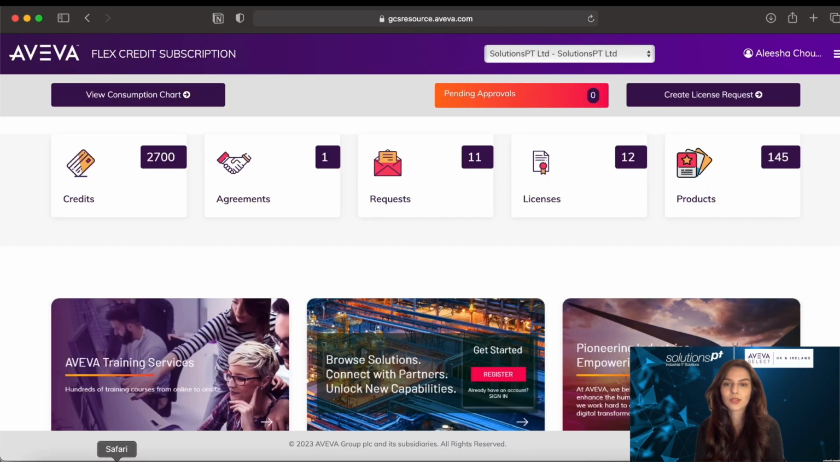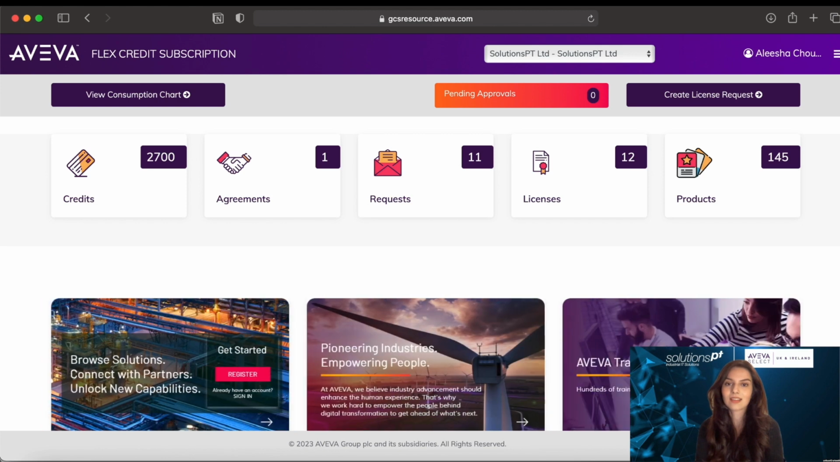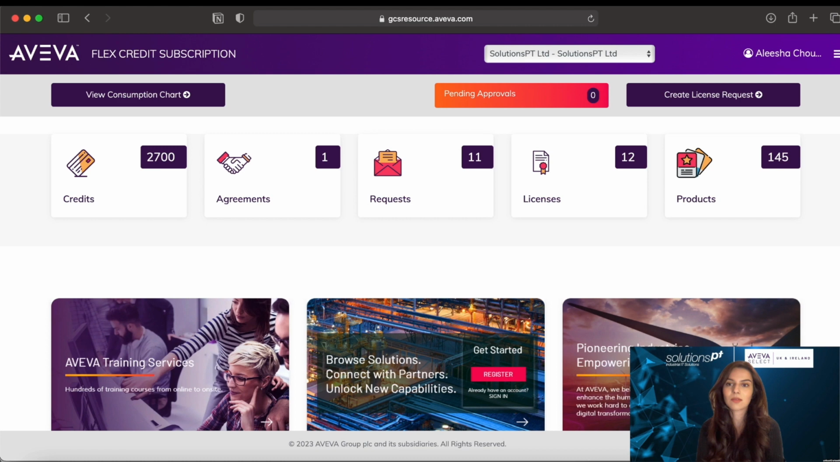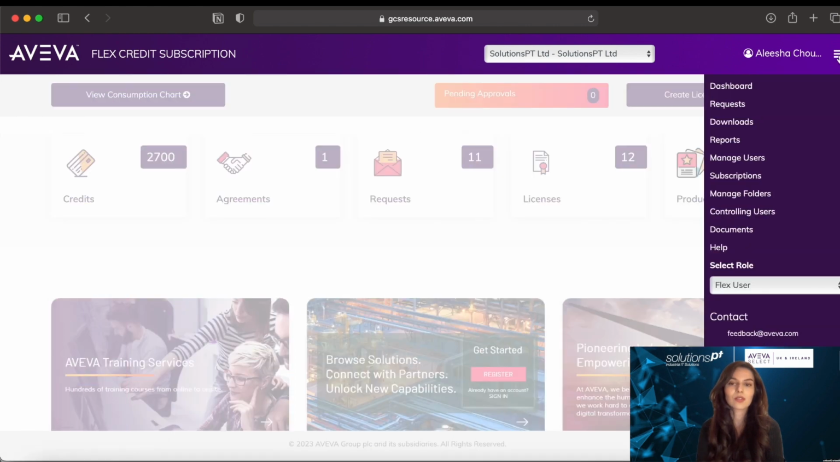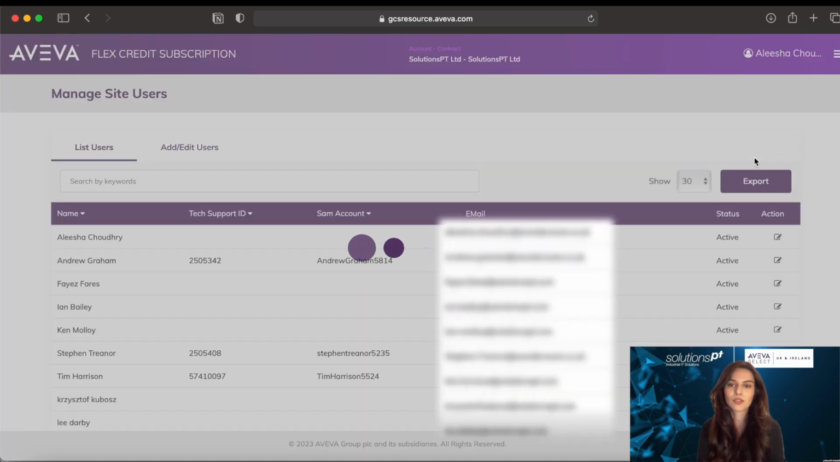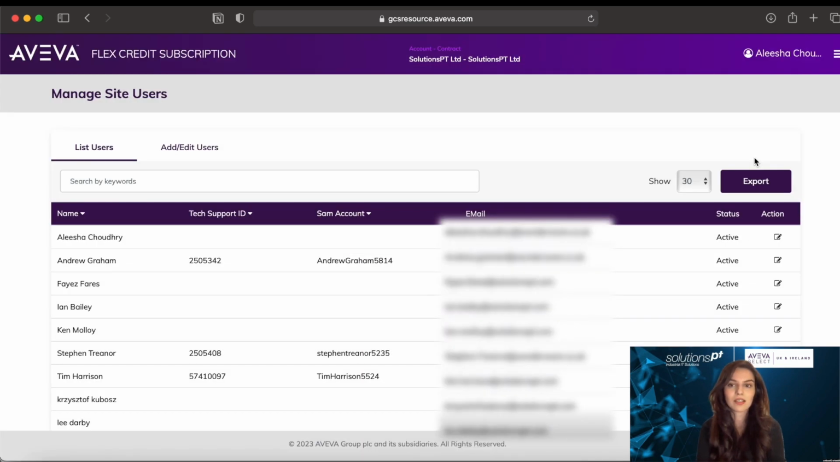So to manage users, you must be a site admin. A designated site admin from your organization will be decided when you first purchase your Flex agreement. Once a site admin has been decided, they would simply go onto the pane on the right-hand side and select the Manage Users option. Here, site admins can create, remove, and assign roles to other users for the sites that